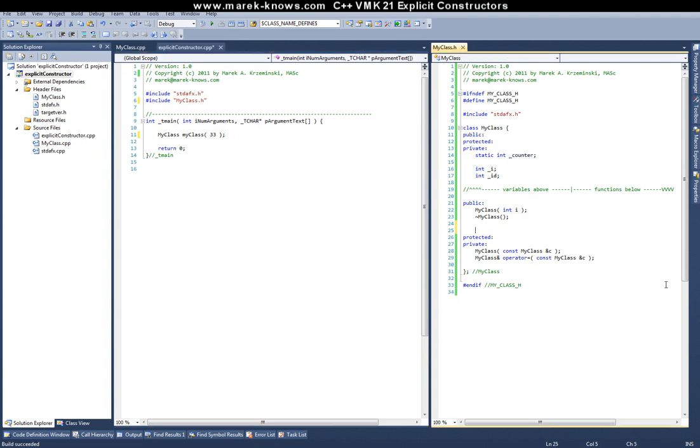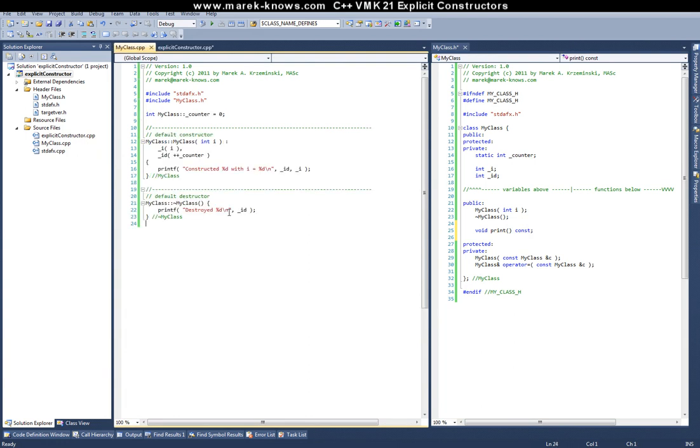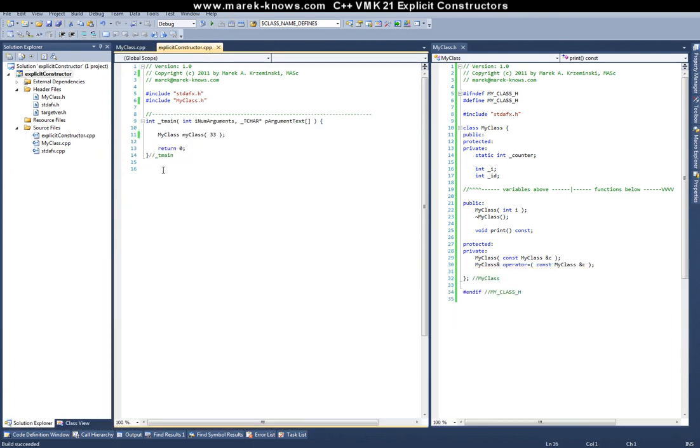Let's also have a print function so we can show what value I have stored inside of my class object. Here I'll just declare a void print function, which is not going to change anything that's stored inside of the class. And in the implementation, we can see here that all I'm doing is calling printf and saying i is equal to whatever value is stored inside of our class. Okay, so now let's go back inside of our main, and here I can go myClass.print to display 33